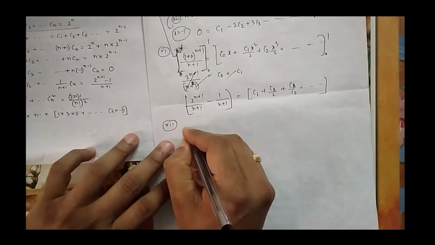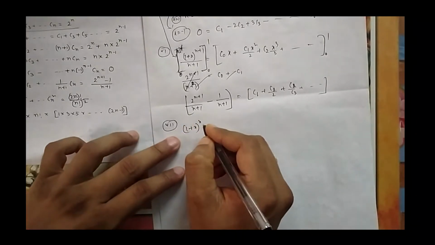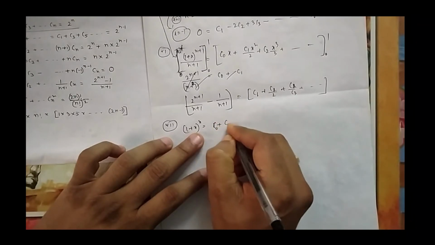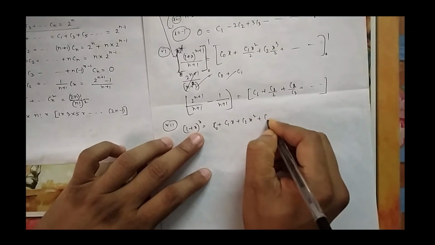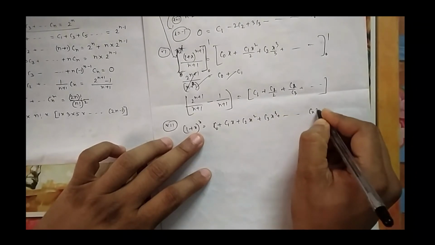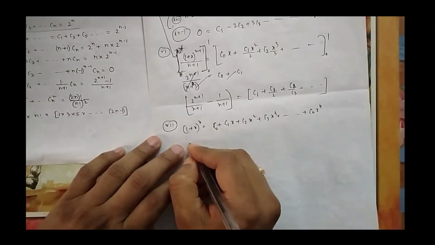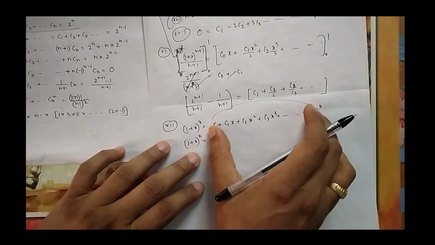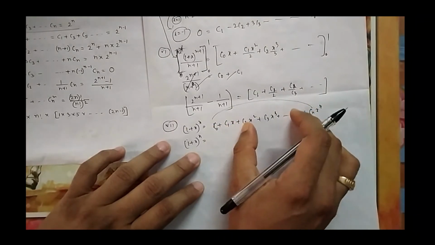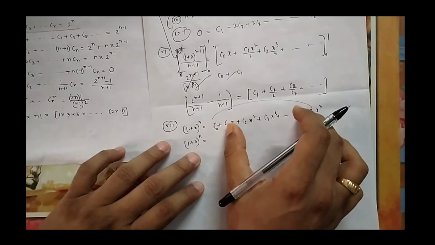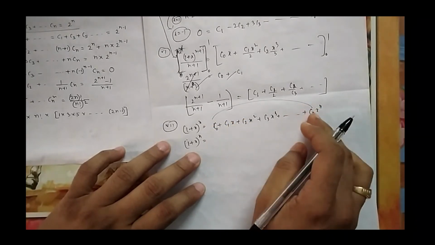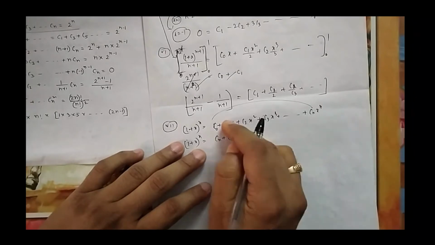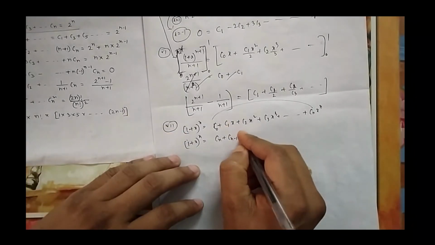For the last one, what property are we using? Now 1 plus x to the power n is C0 plus C1 x plus C2 x squared plus C3 x cube, like this it goes, up to Cn x to the power n. Now one good thing you have seen, let me write 1 plus x one more time. C0 and Cn are the same in binomial. These and these are also the same, because first from the beginning and first from the end are the same. Second from the beginning and second from the end are the same. This was the property of binomial coefficients. So instead of writing C0 you can change this position. You can write C1 here and Cn minus 1, because first from the last will be the same.